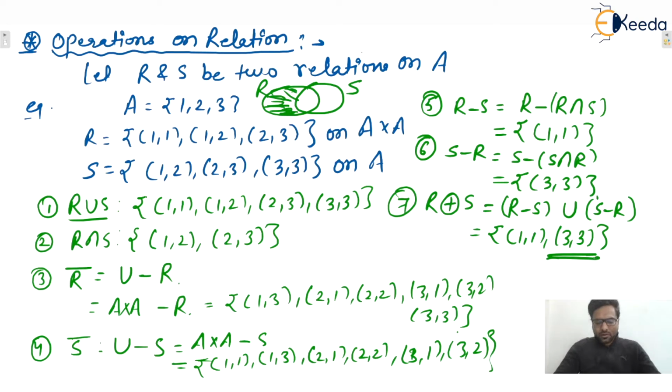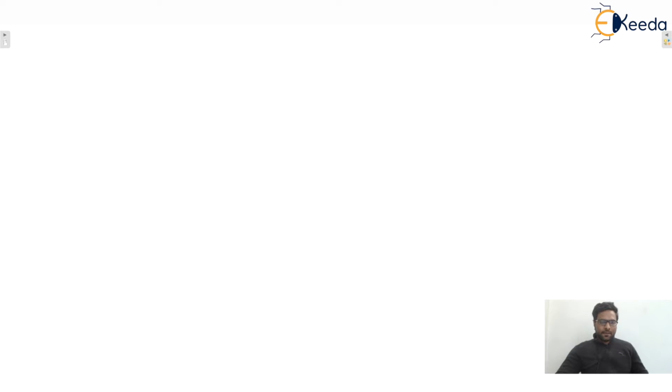Okay. So yes, we can say that these are some basic operations. Now we'll see some special operations which are very important. We'll see them one by one, isn't it? So write down the first one. Let us consider some more relations. Yes, we can say that some more operations are also there.